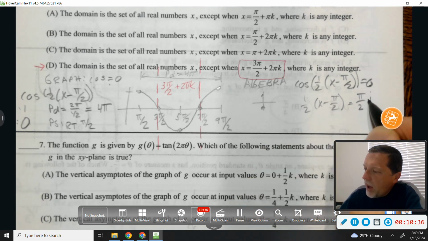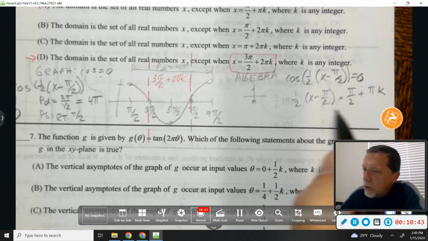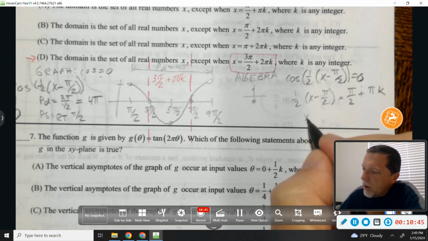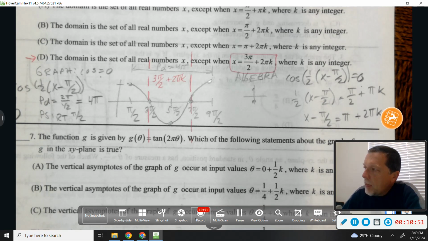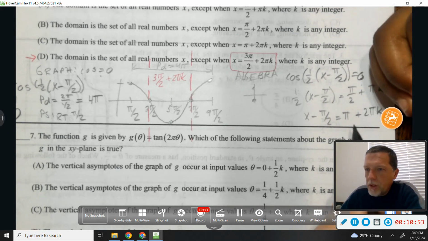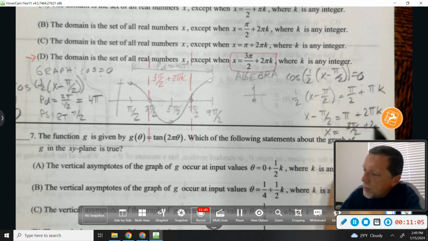And every pi after that. So let's multiply through by 2. So x minus pi over 2 equals pi plus 2 pi k, which looks good. Watch out for your hand there. So it's still kind of matching. Let's add pi over 2 to both sides, and that would get me 3 pi over 2 plus 2 pi